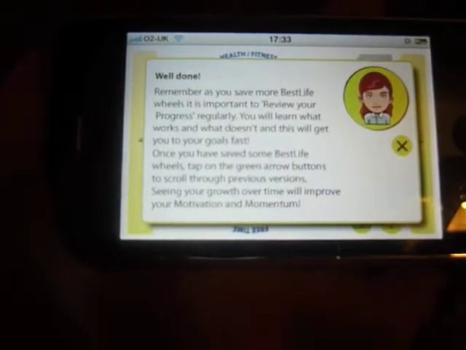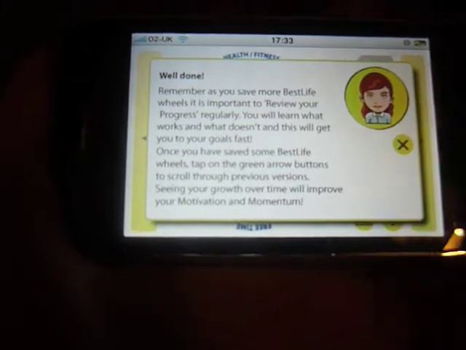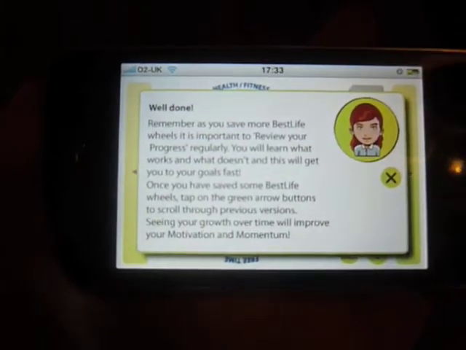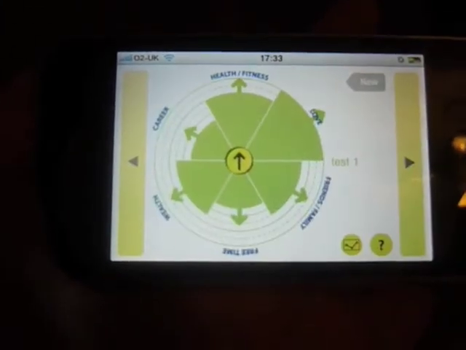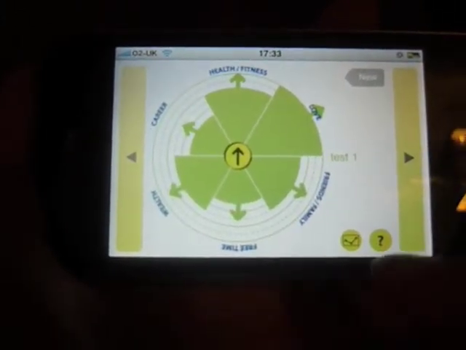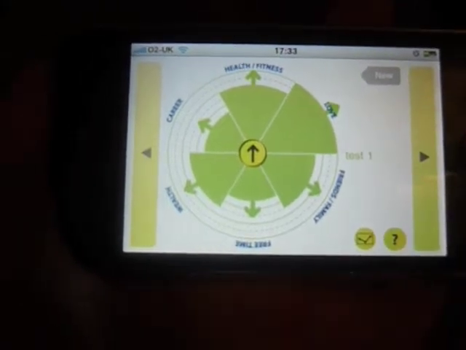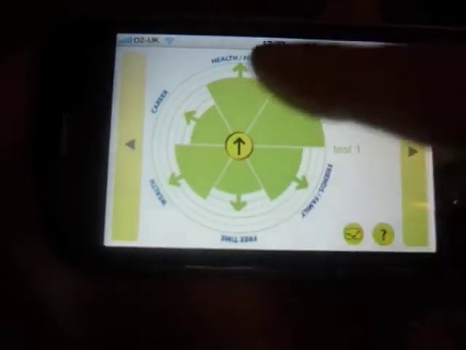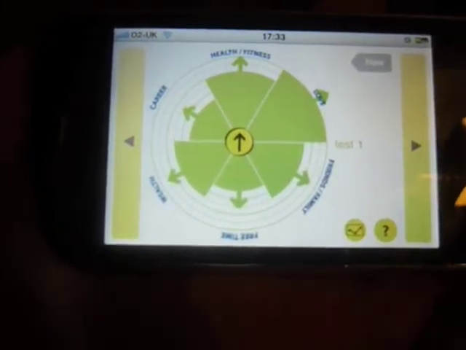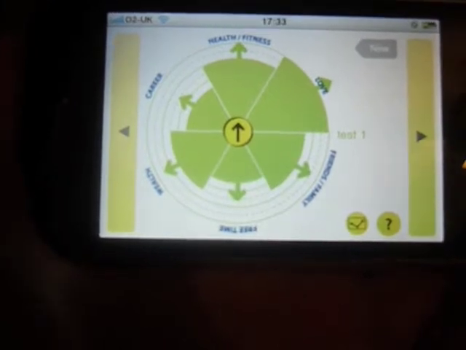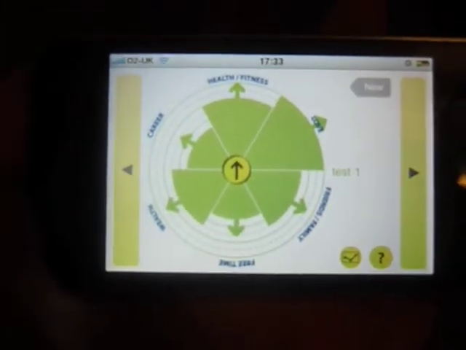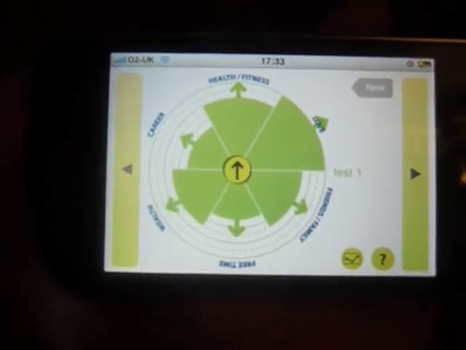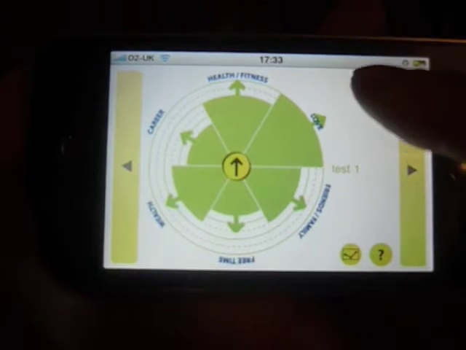There we go. We get a little message here from Linda. I won't go through all this now, so I don't really have the time. And it's just a supportive sort of note, really. I should say that you can go to help screens, and there's audio files. You can actually hear Linda's advice as you go through. So here we have our first screen saved. And that's great. And actually, even just doing this alone can be quite useful. But really, the power of this happens when you've saved previous versions and you're actually looking at your growth over time, and then that's when it really becomes powerful.